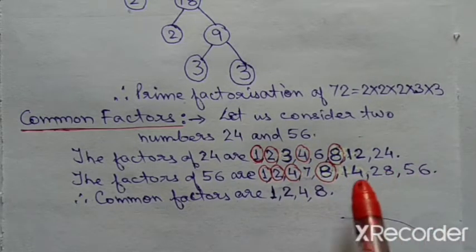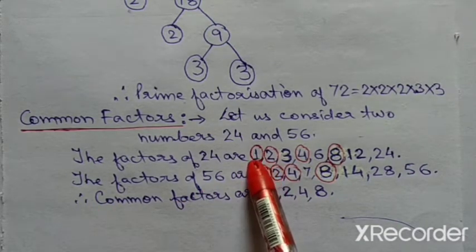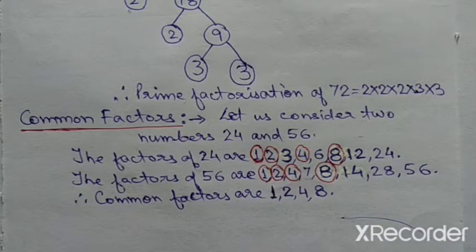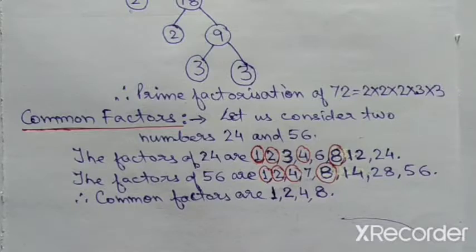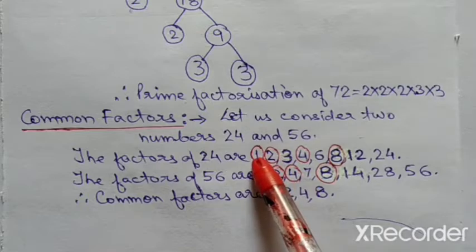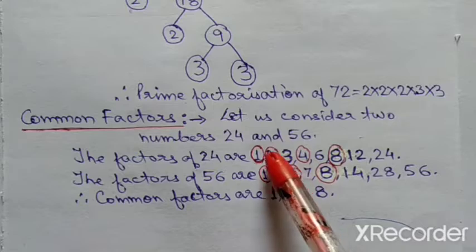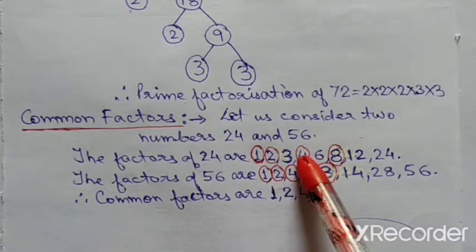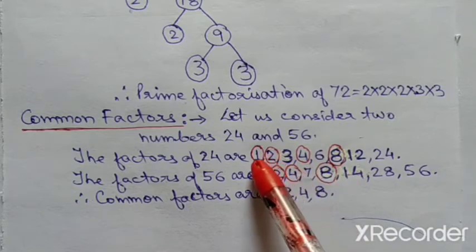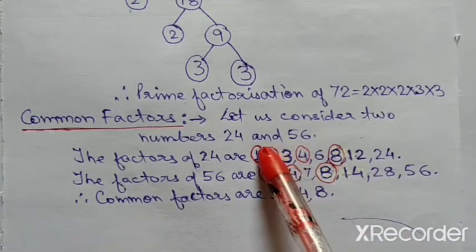Now children, if you see carefully, write the common factors. Okay, just see, I am showing here with the help of this way. Just see, first common factor 1. Okay children, now look children, all the encircled numbers are common factors. Just see, first 1 and 1, then 2 and 2, and after that children, just see 4 and 4, 8 and 8. All are encircled because these are common to both the lines.